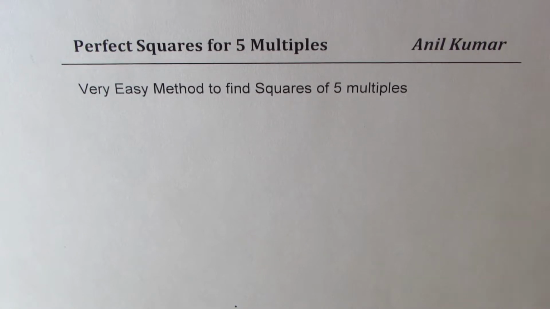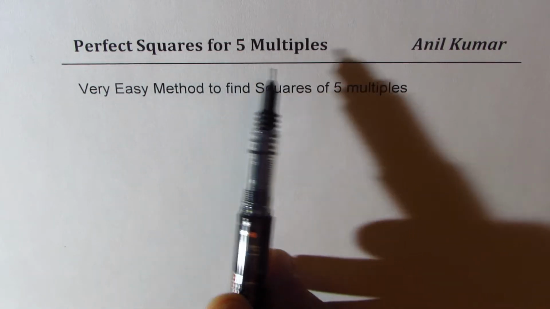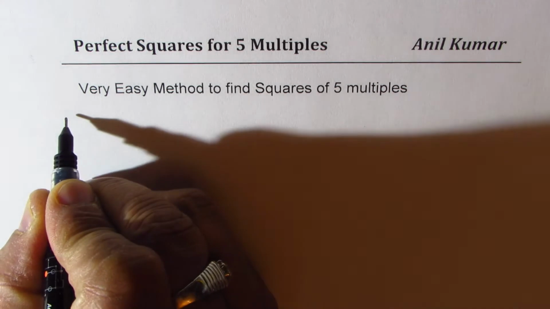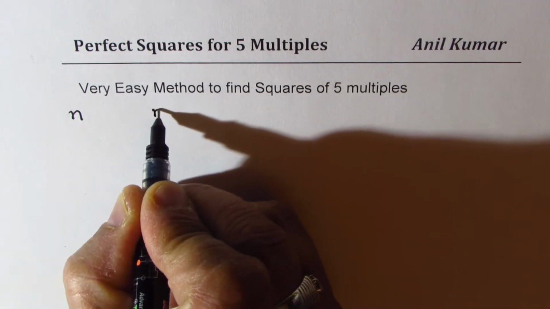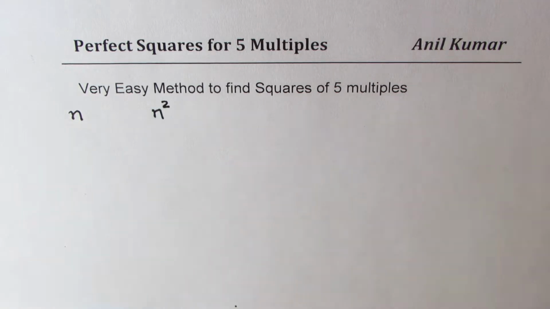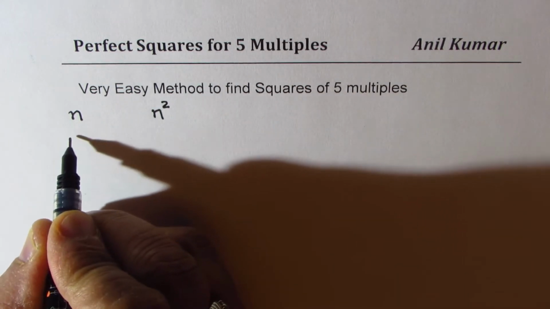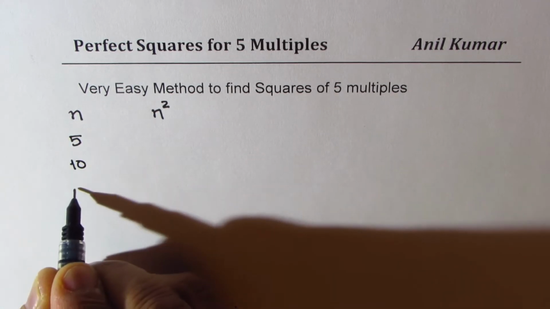We'll now understand a very simple method of learning perfect squares for multiples of 5. So this method, which I'm going to share with you, is indeed very simple. We'll write the numbers which are multiples of 5 and we'll find their squares. That's the whole idea. So multiples of 5 means numbers like 5, then we have 10, 15,